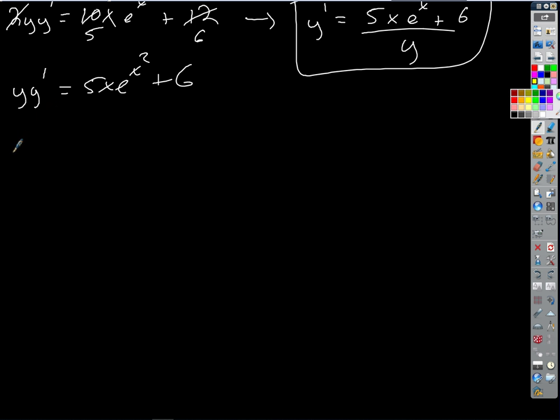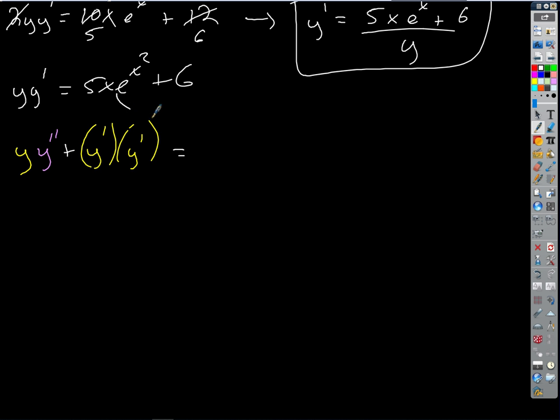So I'm going to get first, which is y, times the derivative of the second, which is y double prime, plus second times the derivative of the first, which is y prime, right? So it's the same thing as y prime squared, equals,